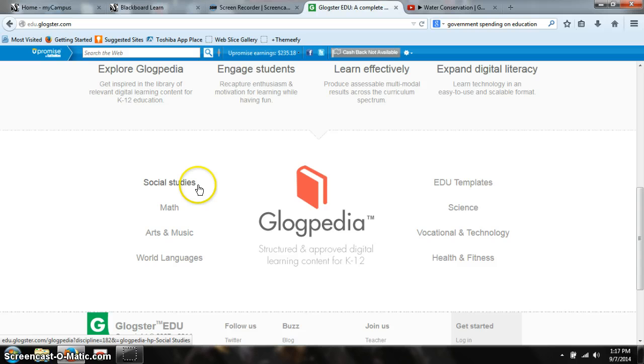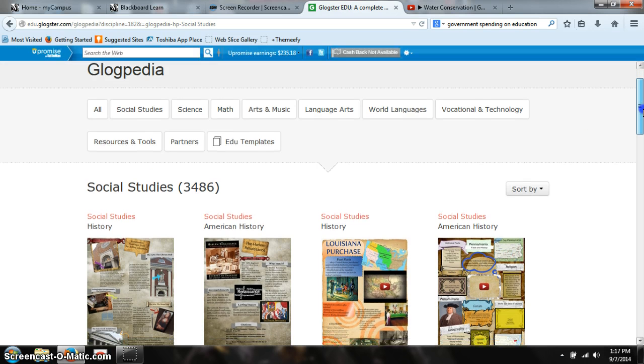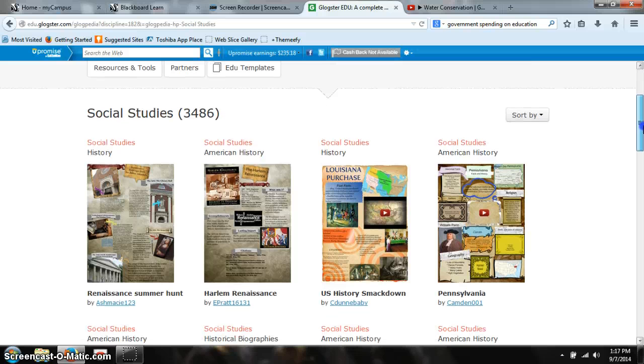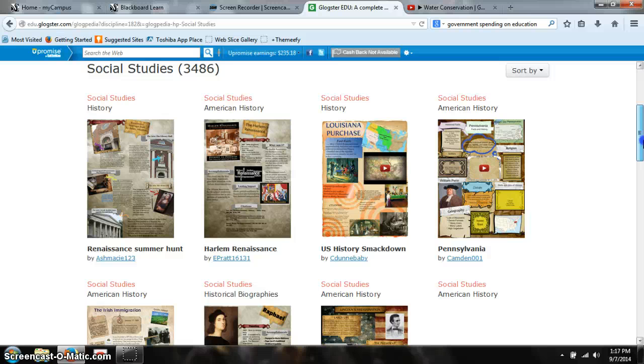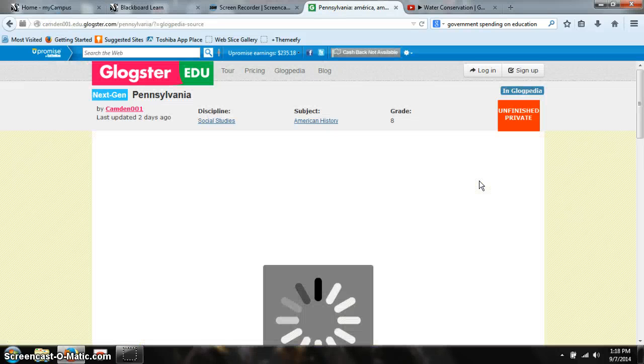If you click on one of these, it'll show you different already pre-created glogs that students or educators have come up with that you can use to help share information. And it's a great way to share information, but it's almost even better when students create